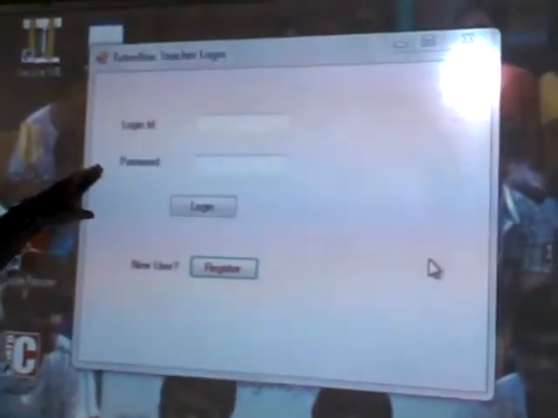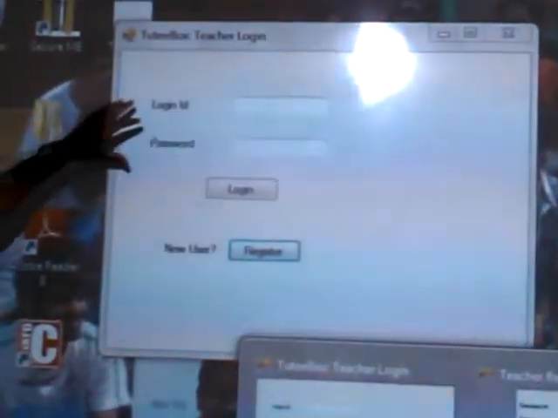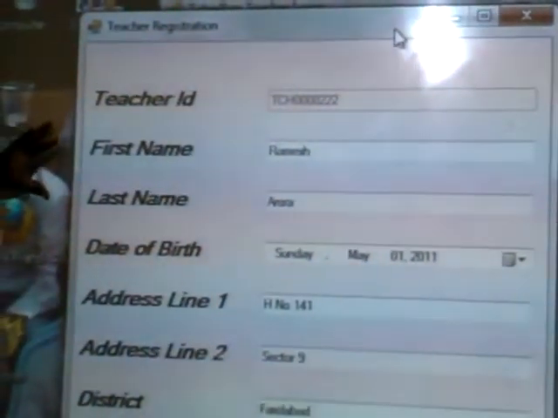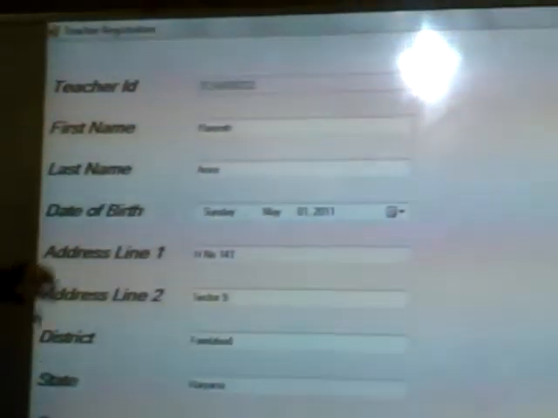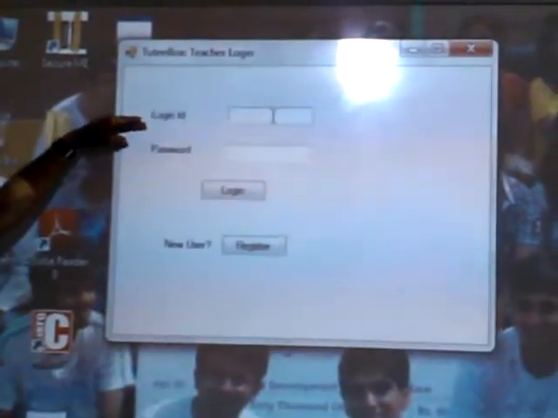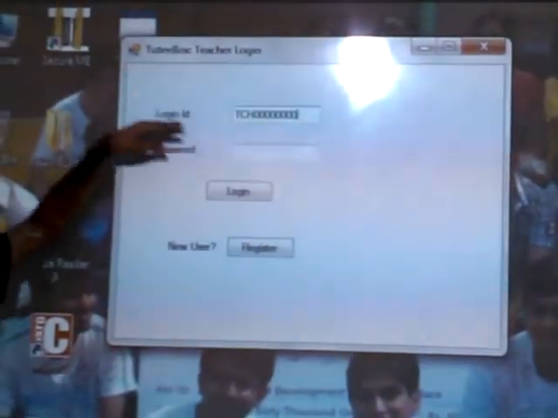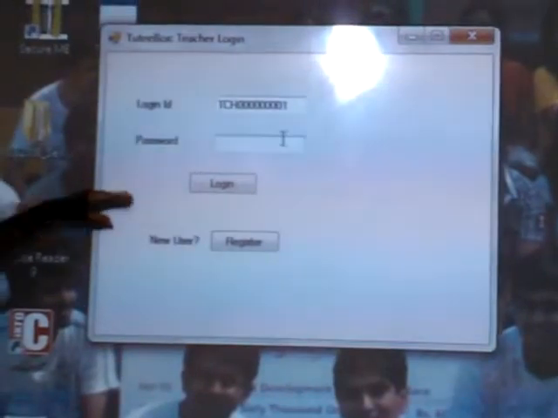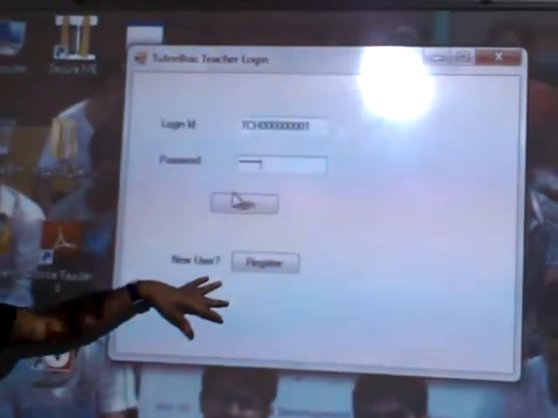QT Box is a two-tier system centric at the teachers' and the students' end. Here, the teacher has a teacher interface and the students have the students' interface. This is the user interface of the teacher, where a new teacher can register over this system. This is the login form. The teacher can add the login ID and the password to log in to this system.